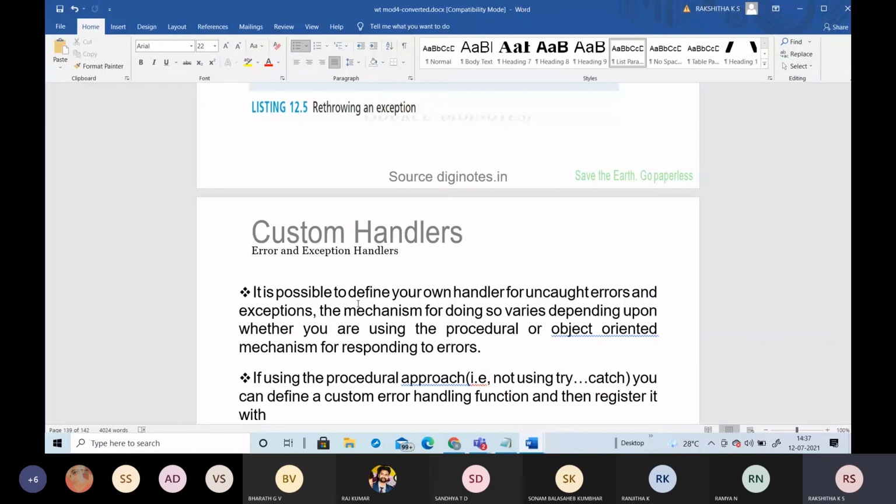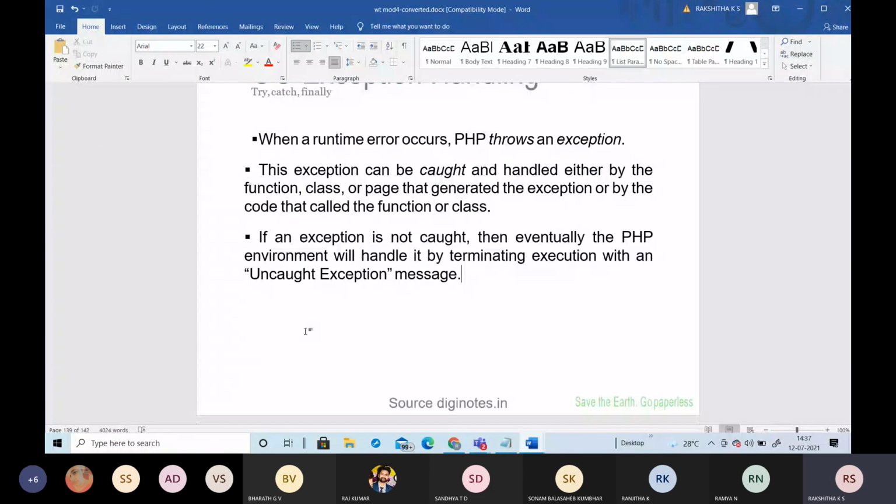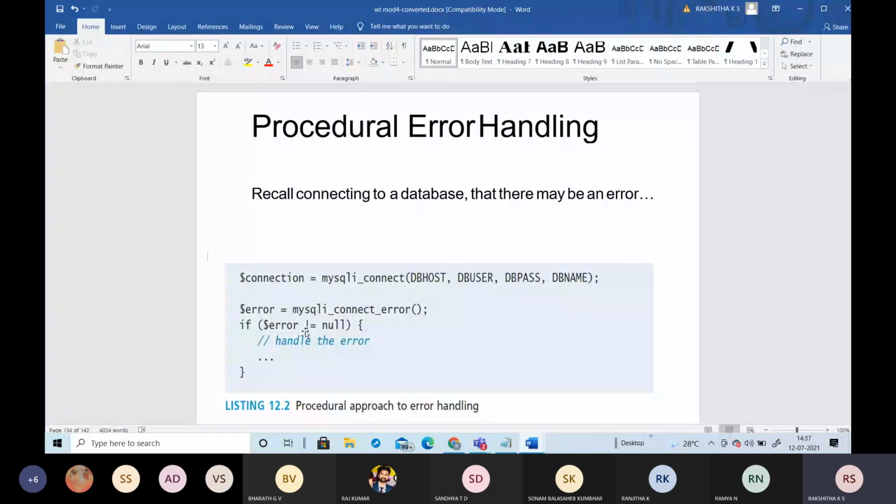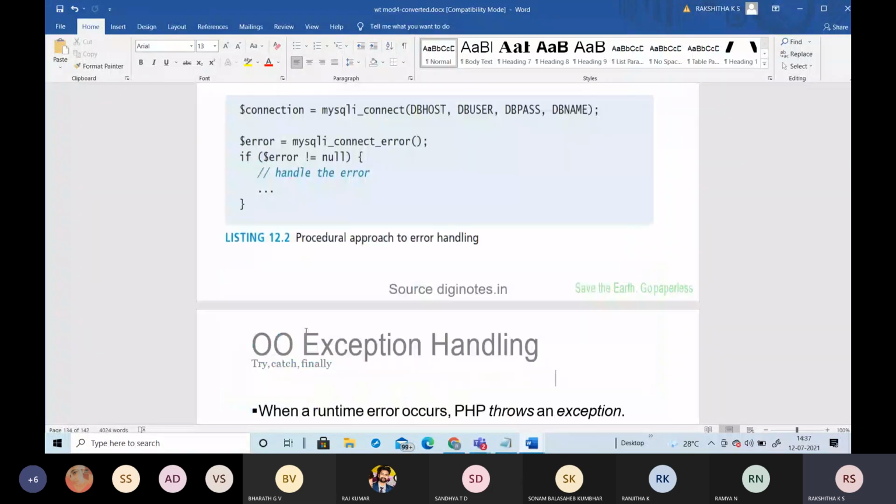The mechanism for doing so varies depending upon whether you are using the procedural or object oriented mechanism for responding to errors. Previously we have seen the different methods, like the procedural handling method. In the procedural handling method, by checking the connectivity of the database, we check whether an error has occurred or